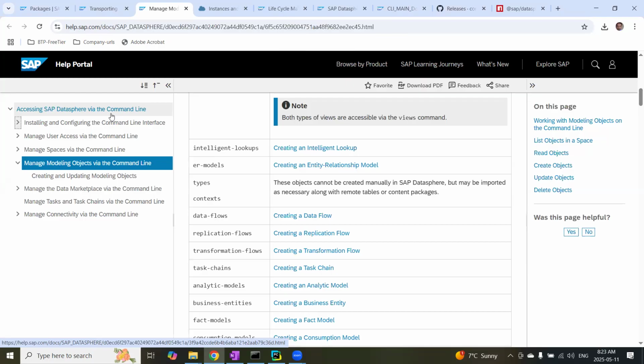Now we are not consuming them. We are performing some actions inside the Datasphere system using command line tools. You can create a data flow, you can create a replication flow. This is not the purpose of the APIs that we saw for consumption. And you can automate running the process chains or task